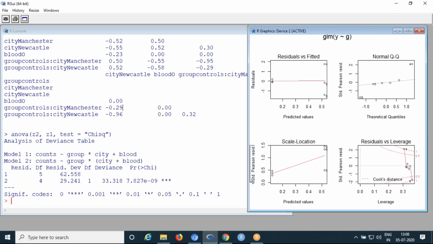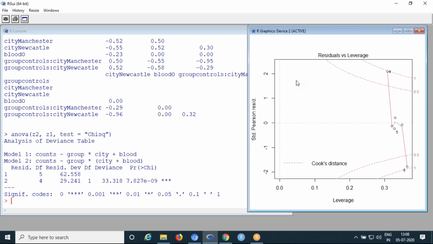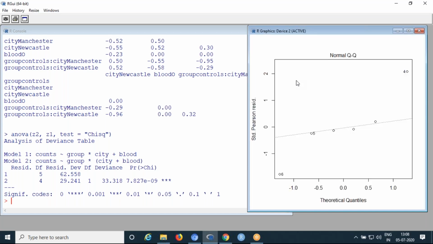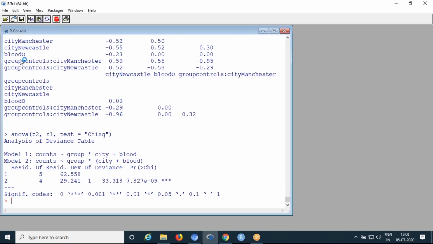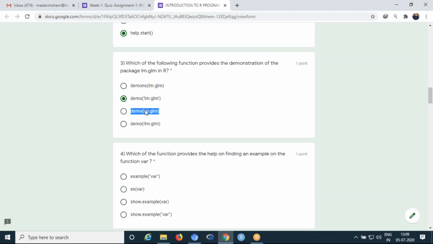If I click on next, the GLM, one of the variants of the linear model, has different outputs. Like that, we can see all the possible outputs. So now the correct option is demo of lm.glm without any quotes.